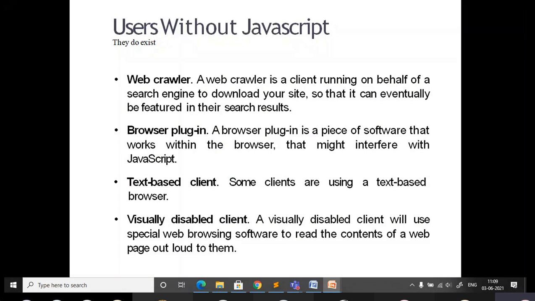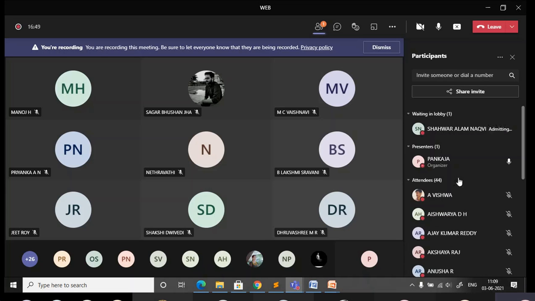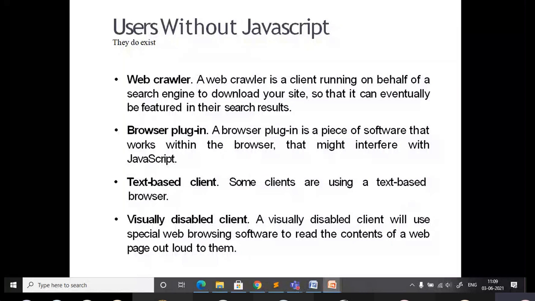These are some problems faced by users. Then the text-based client. Some clients use text-based browsers, which means not many graphical interfaces are provided. Then the visually disabled client. When you are designing, you need to keep in mind all these problems.